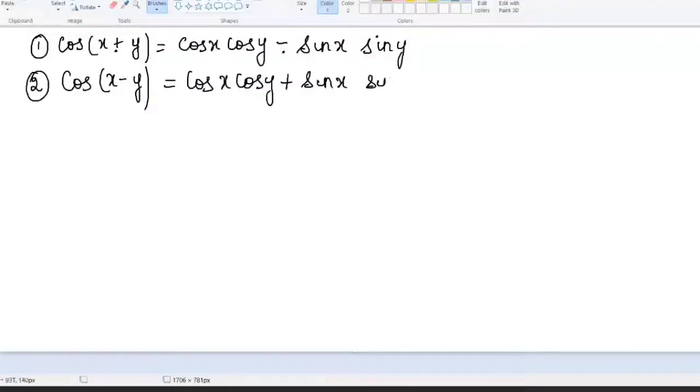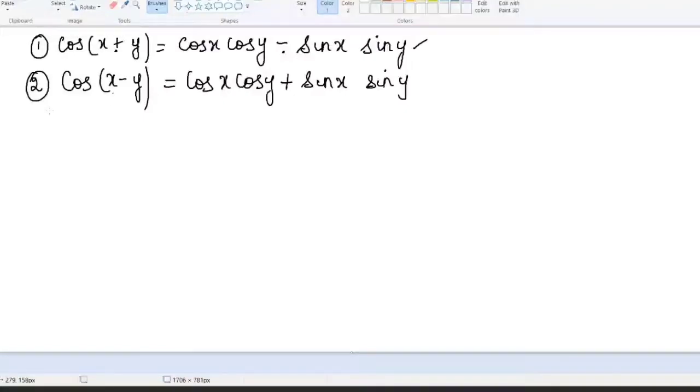Now you may think how we got this formula. They will ask you only that plus derivation. This minus derivation won't be asked. By chance, if they ask the second one, what you have to do is derive the first one and reach till here: cos x plus y is cos x cos y minus sin x sin y. Then how do I get this formula? In place of y in the first formula, put minus y.